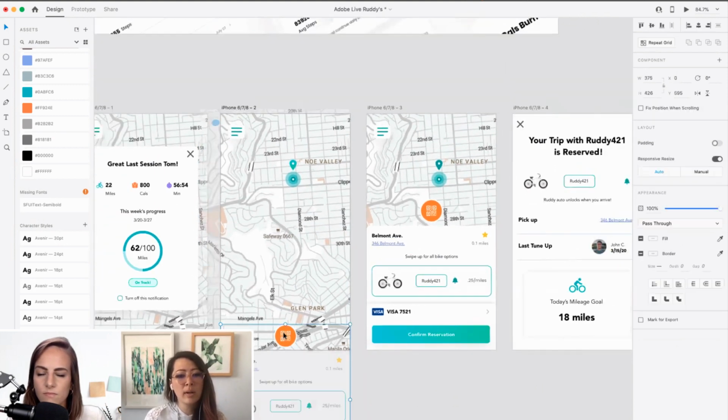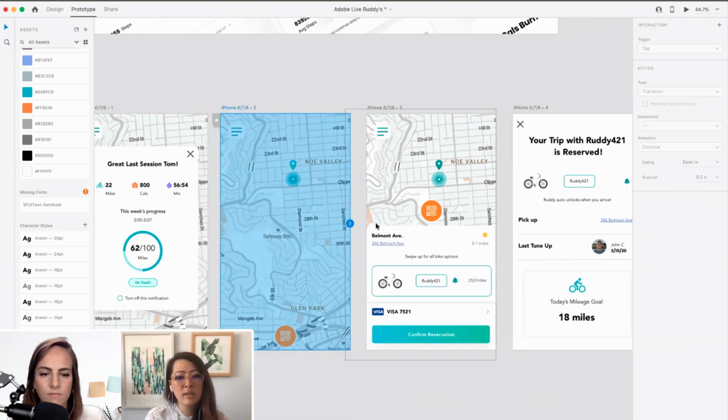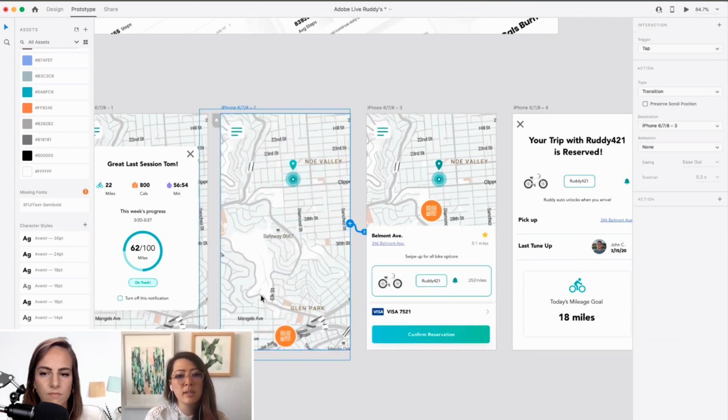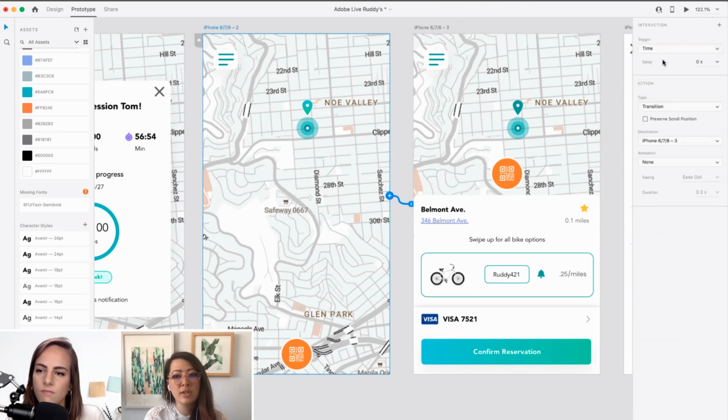So now what I'm going to do is go into prototype mode. This one is going to have a timed trigger. I'm going to change this from transition to time, and I'm going to have it delay for maybe 1 second. We'll try it out. I don't know how long, so I play around with it. You've got to test it out and see what it looks like. So let's just see what 1 second looks like. Basically 1 second delay before the animation comes into play.